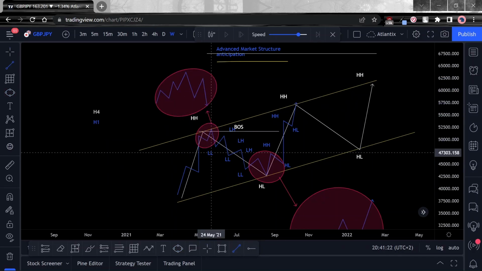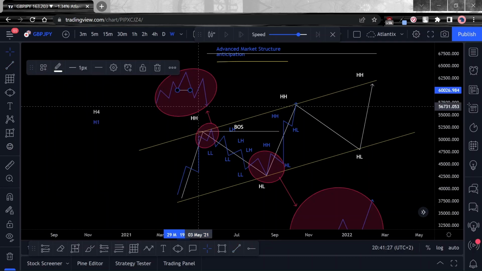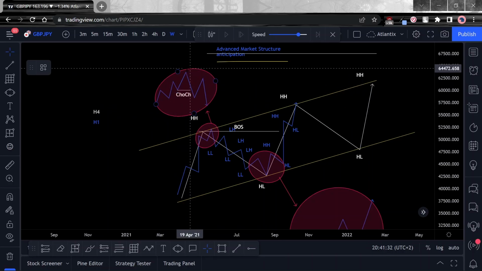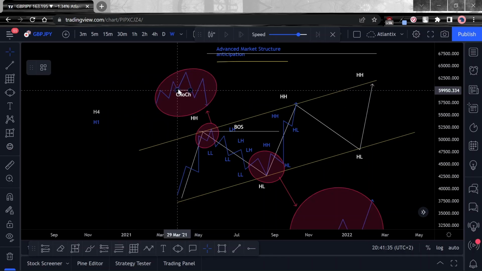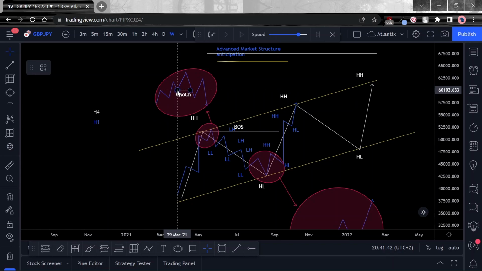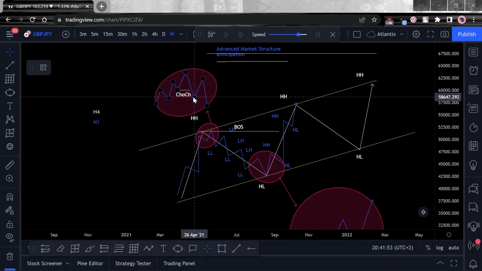And let's just label that. This obviously becomes our change of character. Why? Because we had the previous higher low and the creation of a higher high, and then the higher low was violated. This was obviously a swing point because it broke the previous high, and we would have expected that as long as price is bullish, this previous low would have held strong. But obviously it was weak in that this high managed to create a lower low.